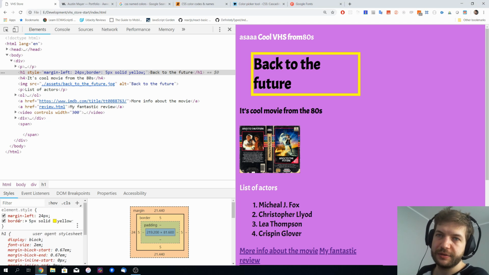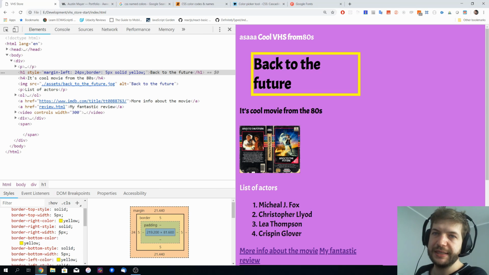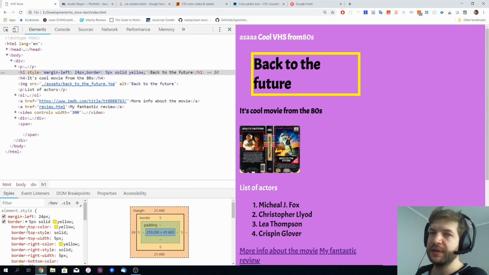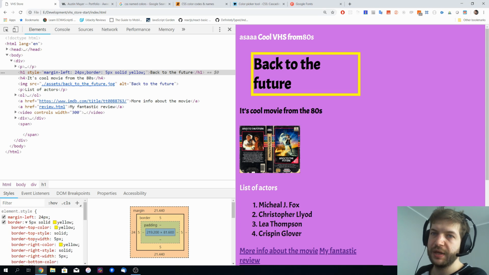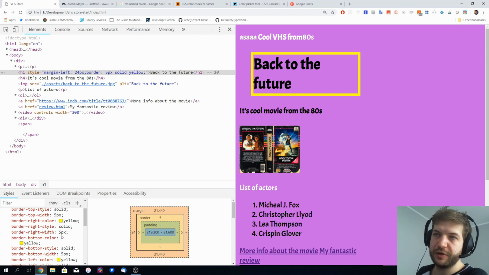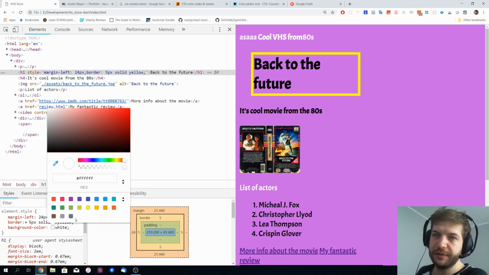Now as you can see, there's this little arrow right here, so I can click on it, and I can see that this one-liner actually results in a whole lot of properties. There's border top, border right, border left color,